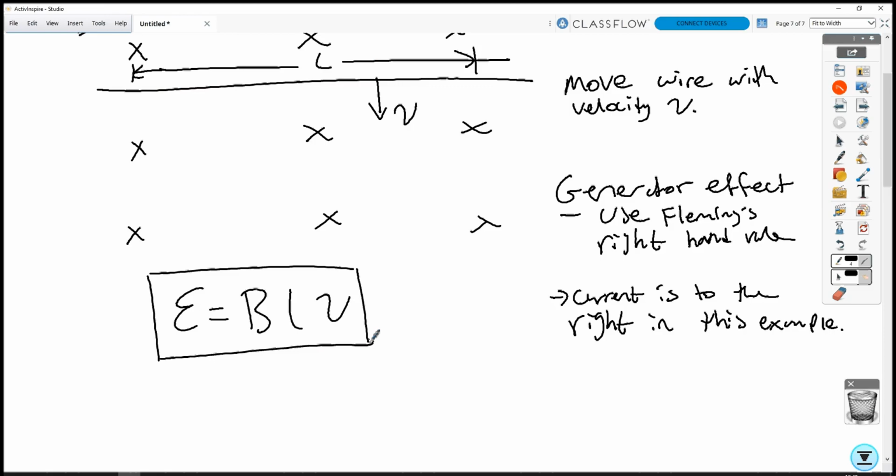So let's explain where this equation comes from, BLV. How would you work out the velocity of a moving wire? Let's assume it had constant velocity. What's the easiest way to work out its velocity? Right, we do distance over time. So let's say after some short amount of time,